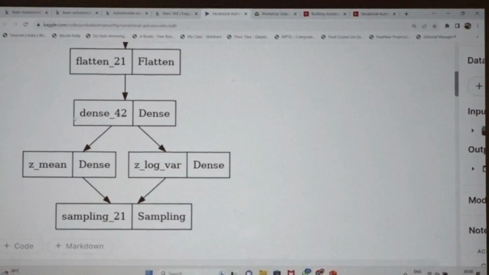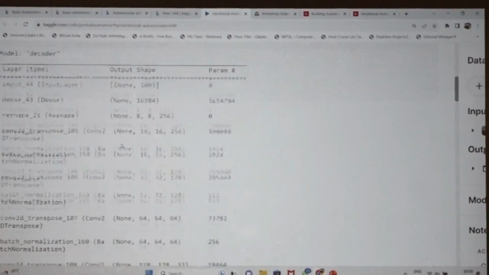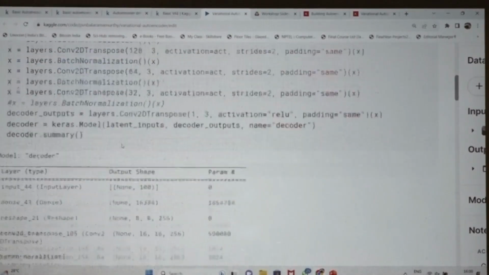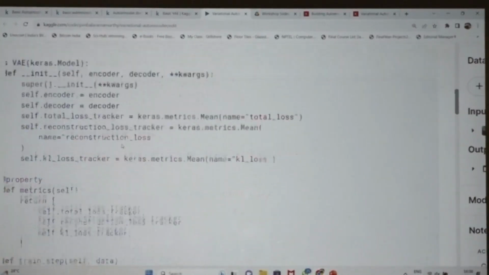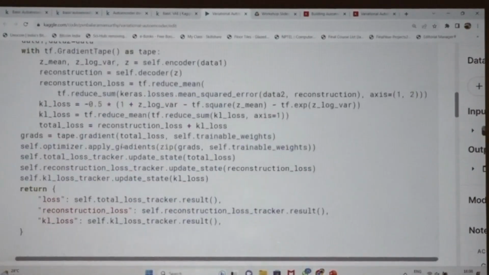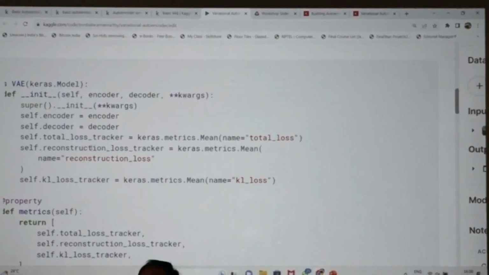This is the main point here. This is the main area where we have to concentrate for the variational autoencoder. And then the loss function. We have to concentrate on the loss function. And one more important thing here.